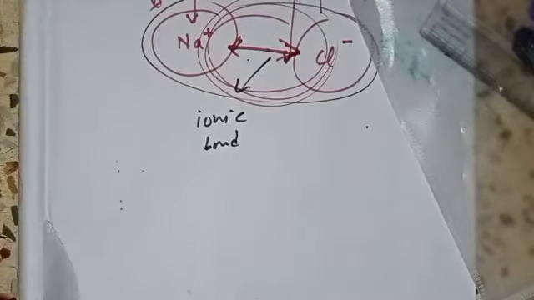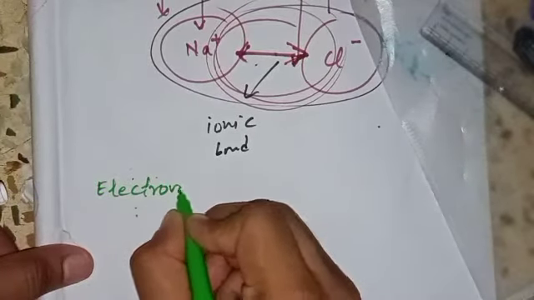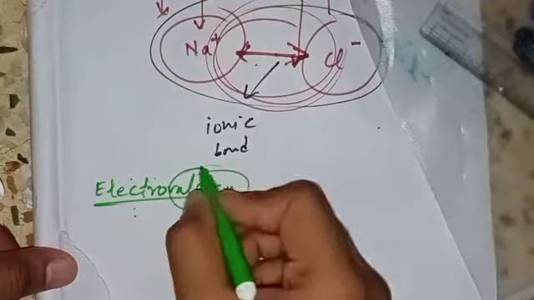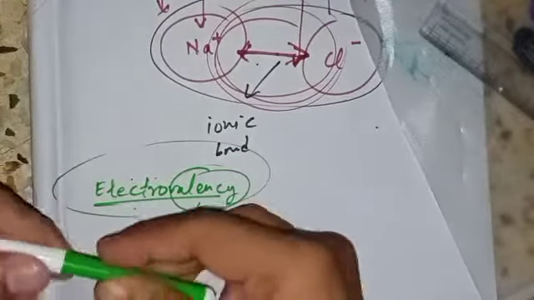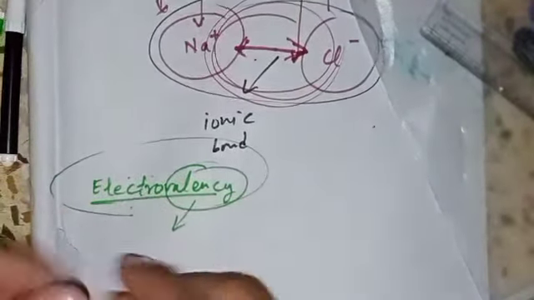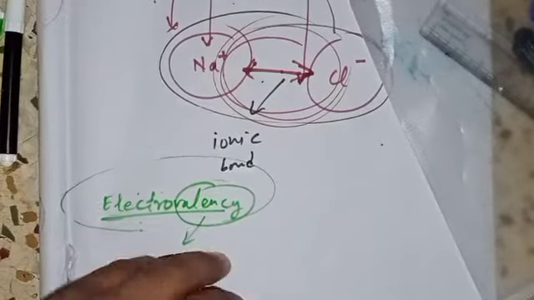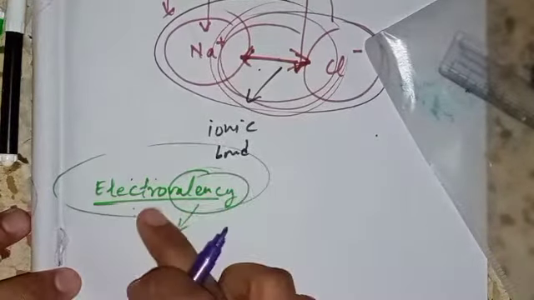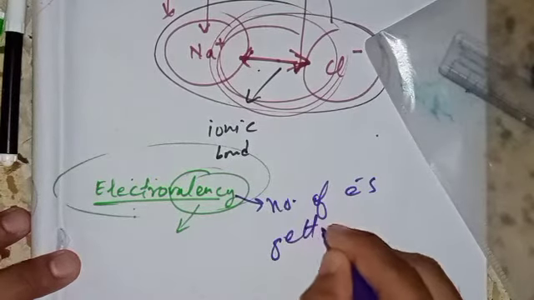Okay, one important concept, my dear students, is electrovalency. We already know what valency is, isn't it? If you know the definition of valency, you can use that concept to understand electrovalency as well. Electrovalency here is nothing but the number of electrons getting transferred,